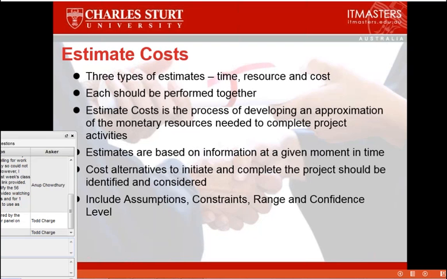Include, when you produce your estimates, your assumptions, your constraints, your range and confidence level. So anytime you make an estimate, always make sure you've got your assumptions there. For example, what I mentioned earlier on, assuming there's going to be 20 wet days in the year. What constraints are you working under? Recognize any constraints that you're aware of. You've got range. What's the range? Is it maybe 15 to 10% one way, or 15% one way and 10% another way within that range? How confident are you that you will actually meet those estimates?